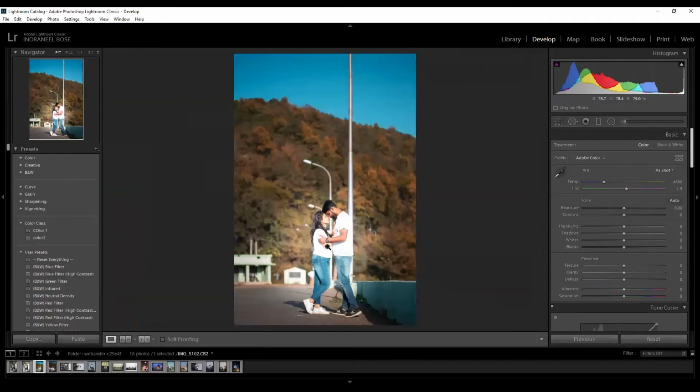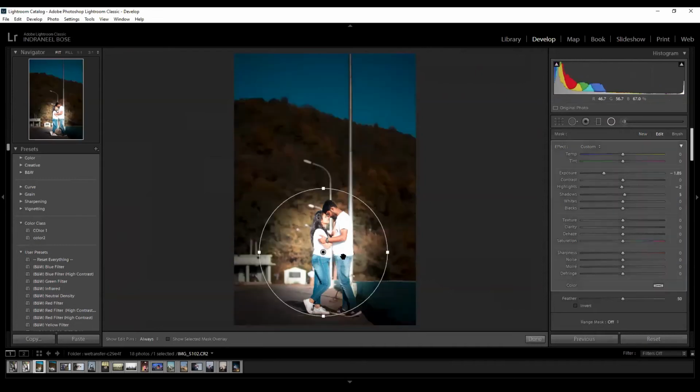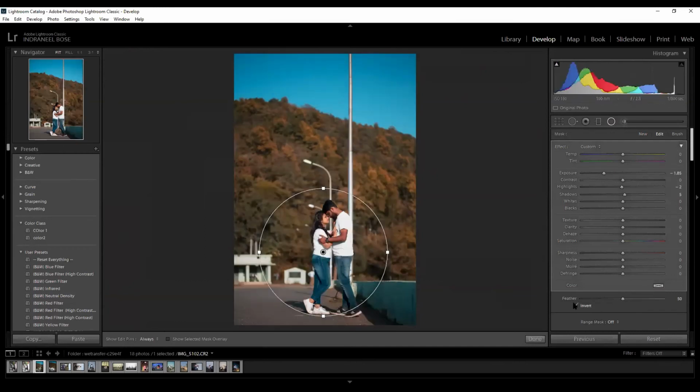Okay, fine. Now we can see the inner highlight is too much in the radial. I want the outer side. Now I take a duplicate, make a duplicate of it. Right click and make a duplicate and invert it. Now you can see, now I can do the adjustment in the inside of the layer.